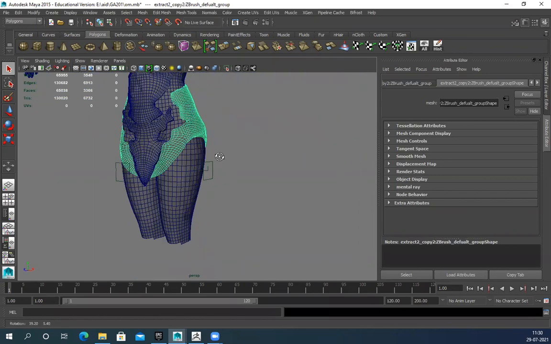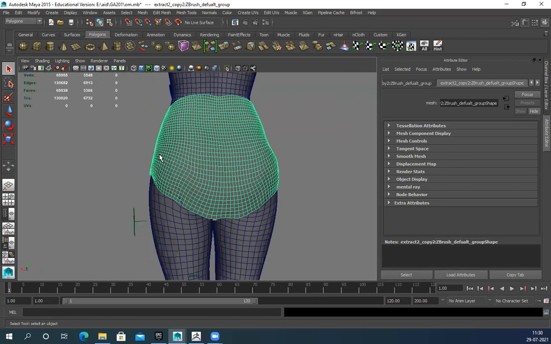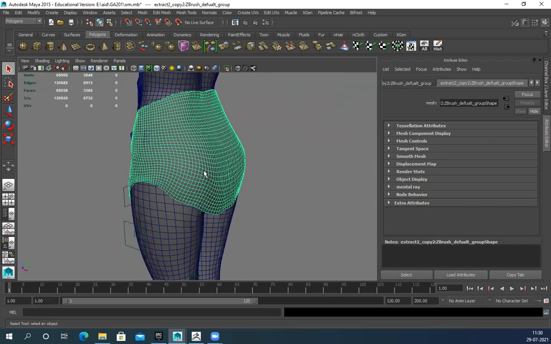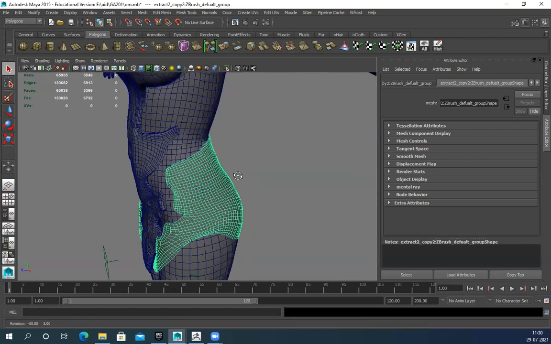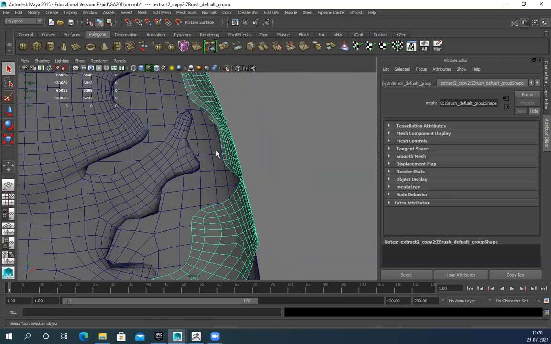Similarly, for this kind of round shape, here you can see most things are fine, but this back side is quite dense. I can optimize it very easily. If I optimize it, nothing will change. It will bake properly anyway, right? So that is something we need to keep in mind. All the fine details we can definitely bake. All those medium details we can also bake. If there is thickness, that is something we cannot bake. So thickness and all these things we have to generate, we have to create. Similarly, in this model, you can see I have deleted the thickness, so I have to recreate the thickness again.